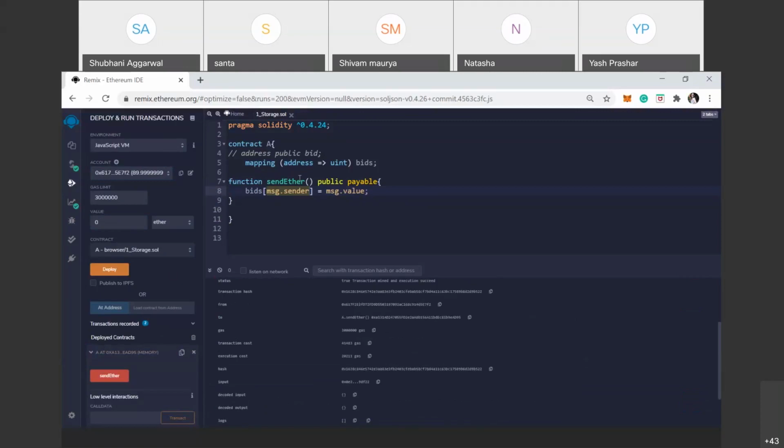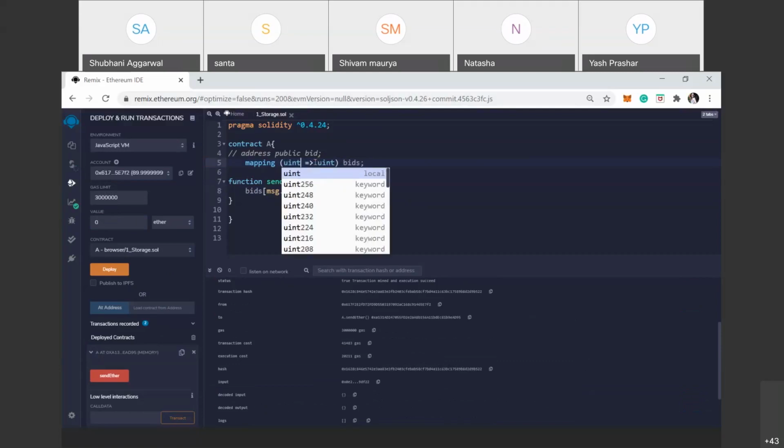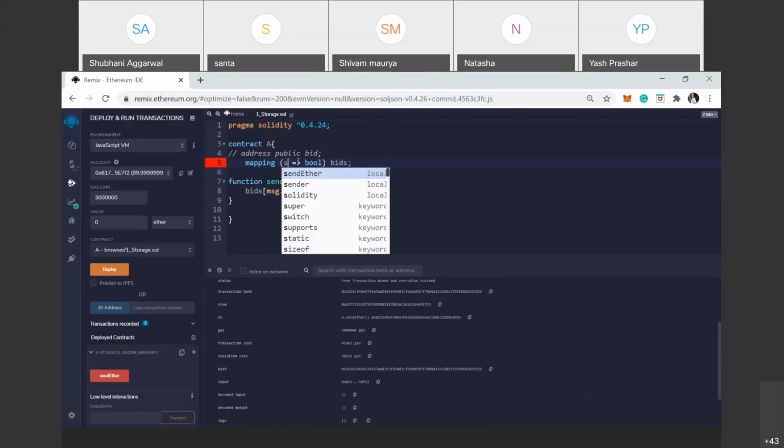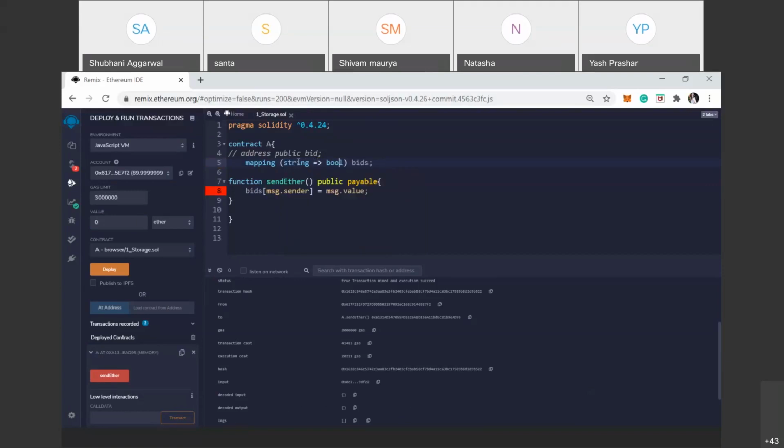So here the use of mapping is that we convert the address format into uint format by using the variable bids. Or we can also give the input in uint form and want the output in bool form, anything you want, or give the input in string form and want the output in uint form.